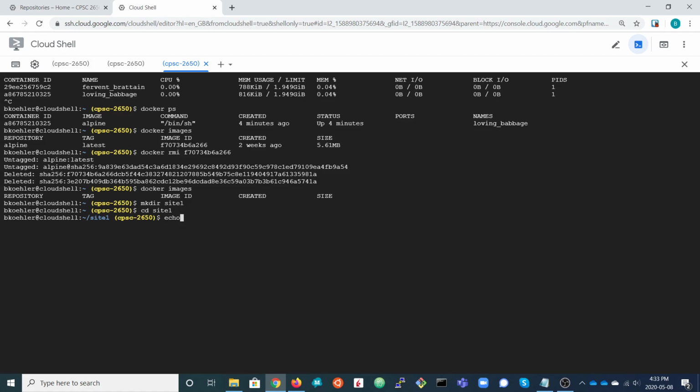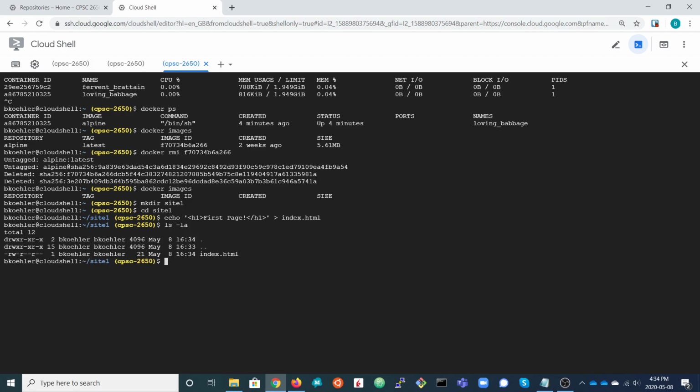and I'm going to create a simple web page in there. So put in some HTML markup. This is the first page. And I'm going to pipe that out to the index.html file. Okay, so we're in the site1 directory. It has a single file,